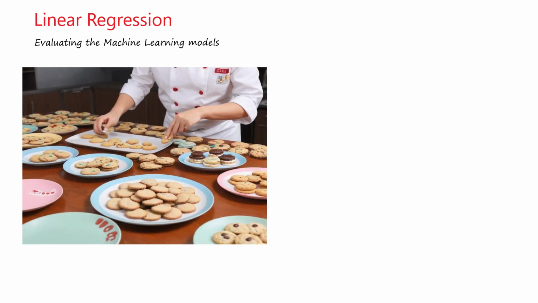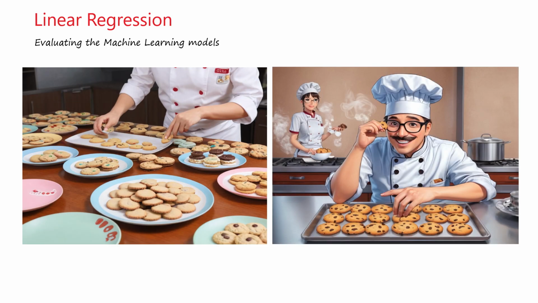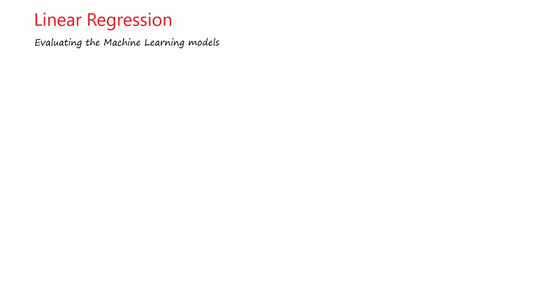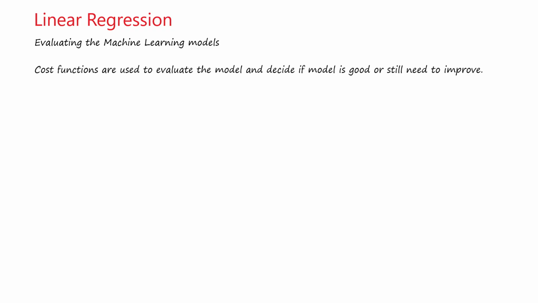When you are baking cookies, it is easy to judge which one is the best. You taste a bite and say, "Oh, this is delicious." What about machine learning models? Well, unfortunately, you can't bite or taste them. So what do we do? We need a mathematical way to measure how good our model is. The new hero of the story enters the plot: the cost function. Now we take an interval as our new hero just enters. In the next class, we discuss the cost function in detail.